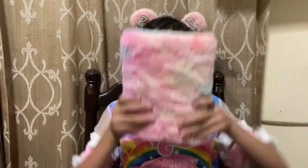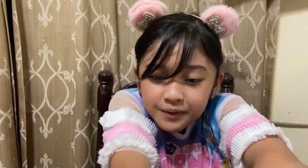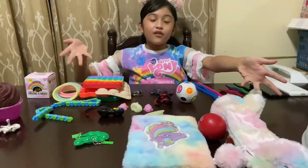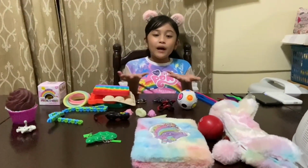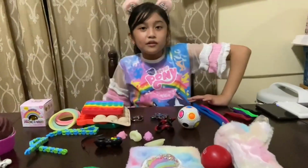Hi! Today we're gonna do a fidget toy check. So, first things first, I'm going to show you all of these fidgets. This is all I have. You're wondering why I only have this, because I can only buy this kind of pack. So anyways, we're going to start with our first